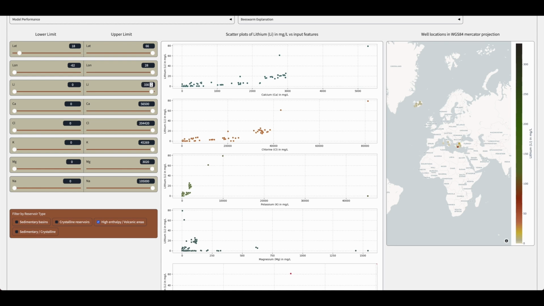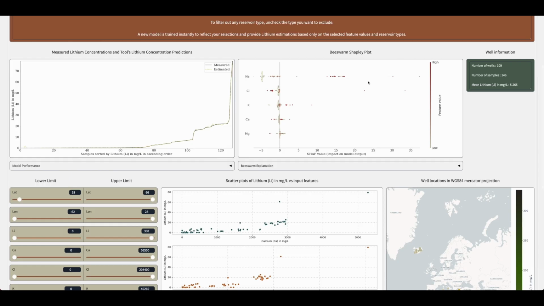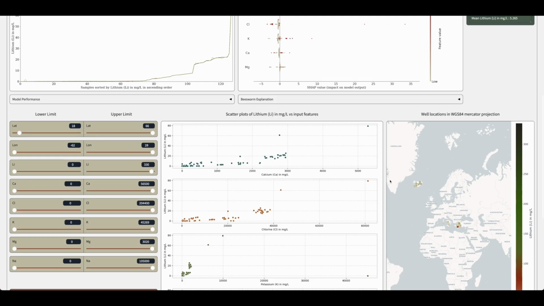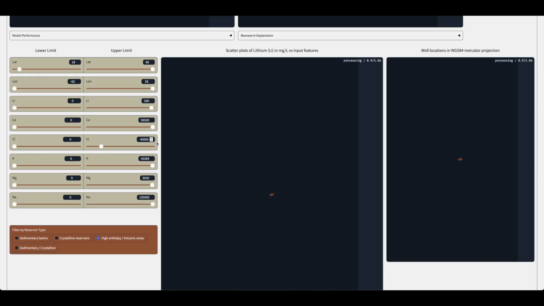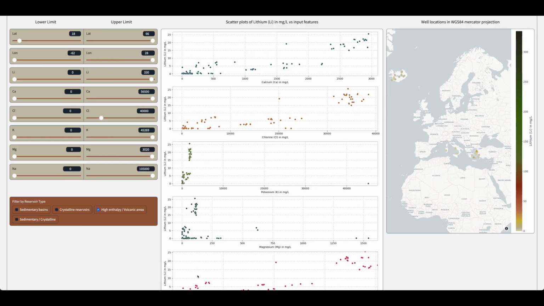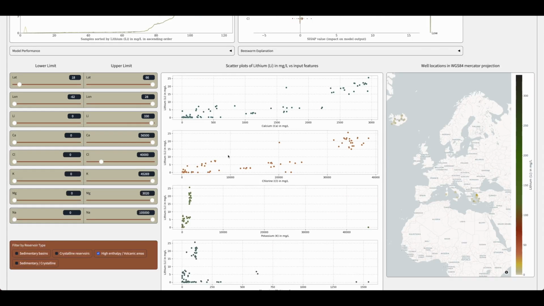Following this adjustment, two samples now appear to deviate. From the beeswarm Shapley plot, it is evident that both chlorine and sodium significantly increase the predicted lithium concentration when they are at high and very high values. The samples were checked and correspond to 2 wells in Greece. They were excluded from the current analysis by narrowing the chlorine concentration to a maximum of 40,000 mg per litre. The distributions now become particularly interesting as sodium, chlorine, and calcium exhibit similar trends, with their values spread nearly uniformly along the x-axis, and potentially clusters begin to emerge.